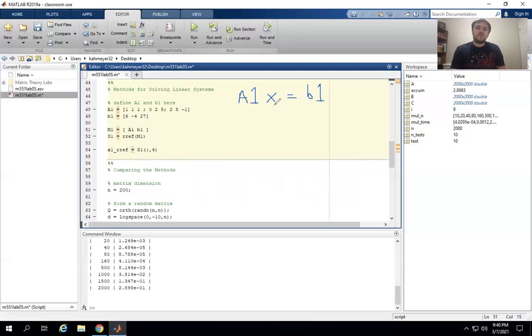Okay, and now if we want to solve this using an inverse, we can say something like A1 inverse equals, and what we want this to be is X, right? We want this to be the solution, but in a different method. So how do we find this? What we do is we multiply both sides by the inverse, A1 inverse times A1